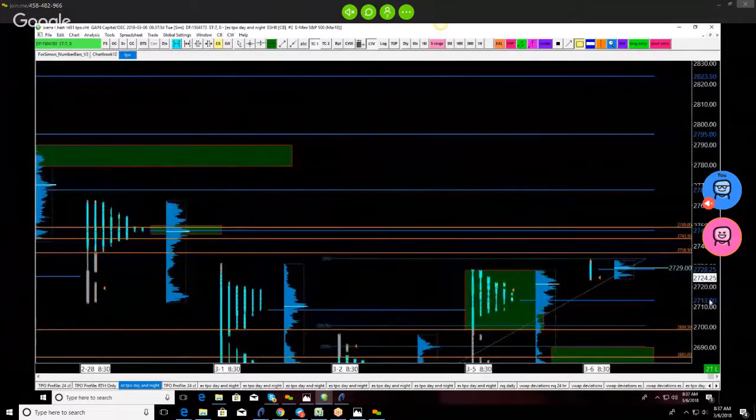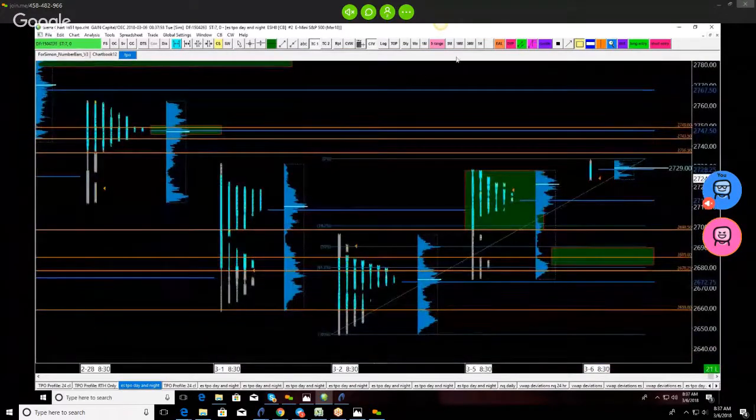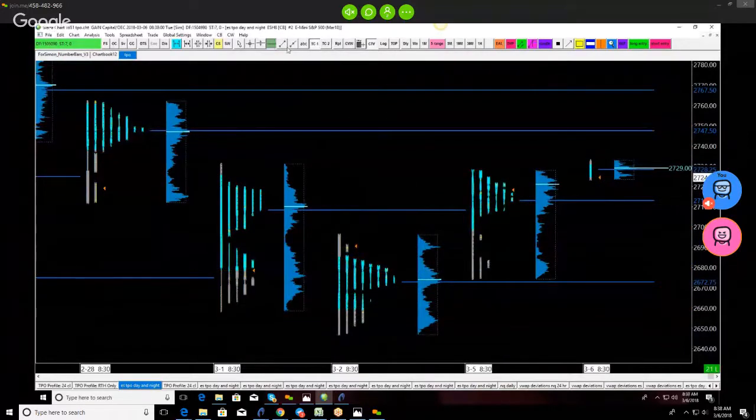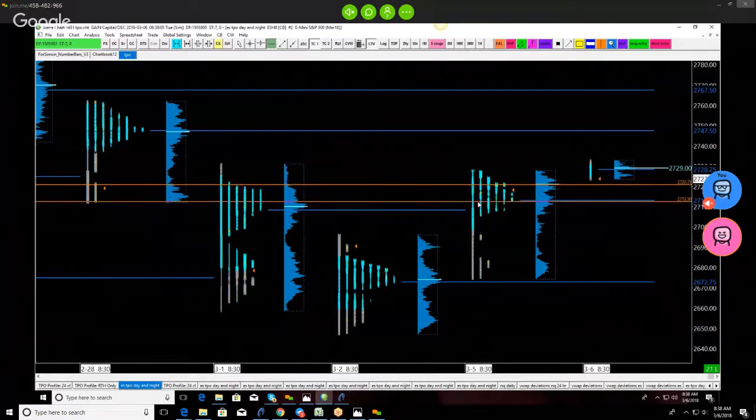Okay, specific areas for today, right? The point of control and the TPO point of control are spread apart, right? Here's the TPO point of control, but the anomaly ends right down here, and then there's another little one right behind it, that J period. So if you're conservative, you're shooting for 2710 to 2712, this 2712 to 2700 area for a push back up, right?